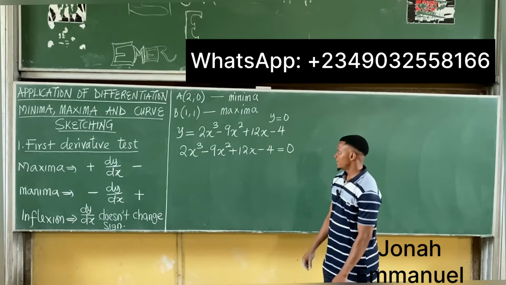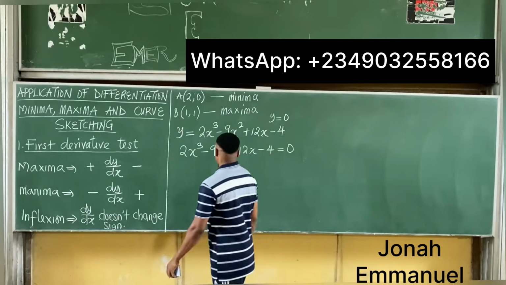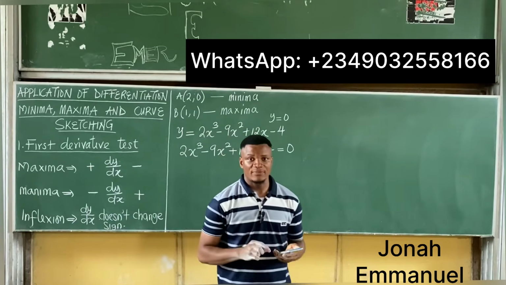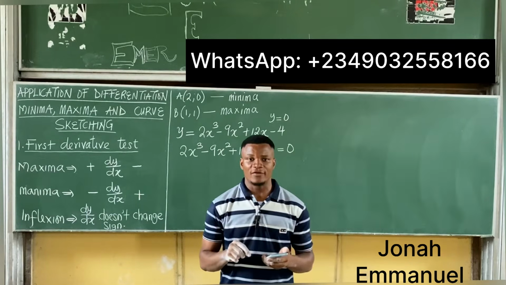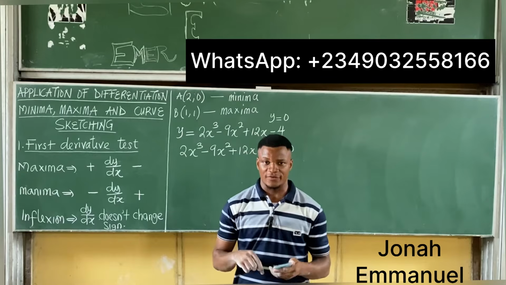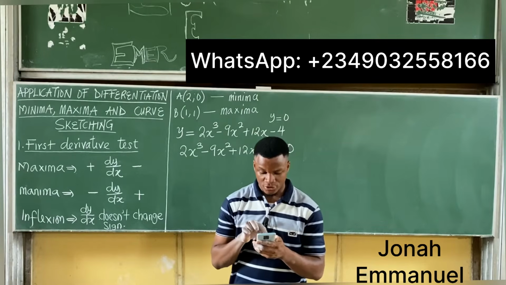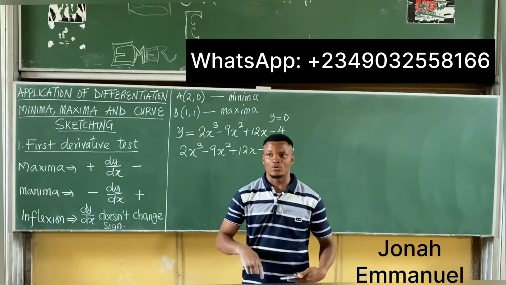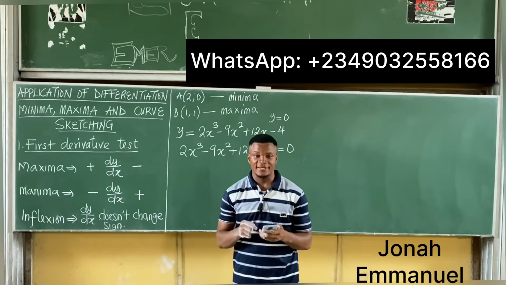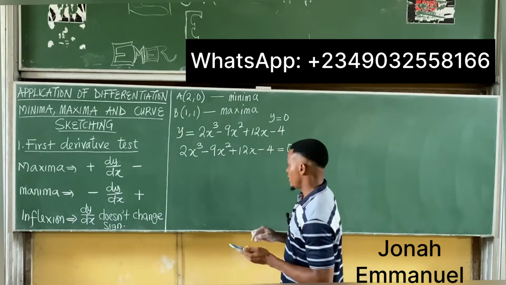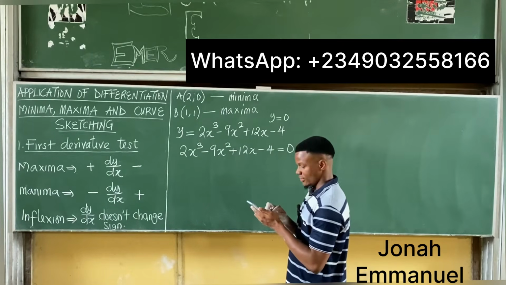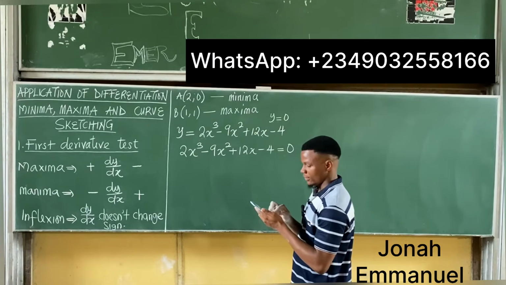How do we solve this? We can choose to divide through by 2, or I could simply use my calculator to punch this. I'll leave a video on how to do this using a calculator in the description of this video. So I'll just go to my calculator to solve this. Check the description of this video, and you'll see how to use a calculator to solve this. Let me work the Casio FX-991MS Plus calculator. Here A is 2, B is minus 9, C is plus 12, D is minus 4, and that's equal to,